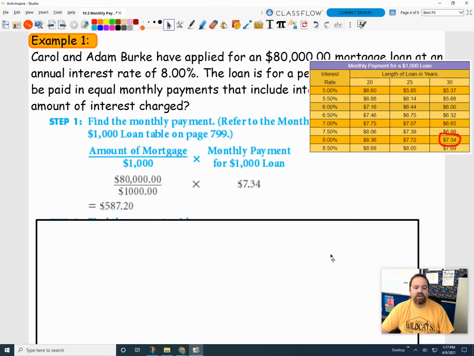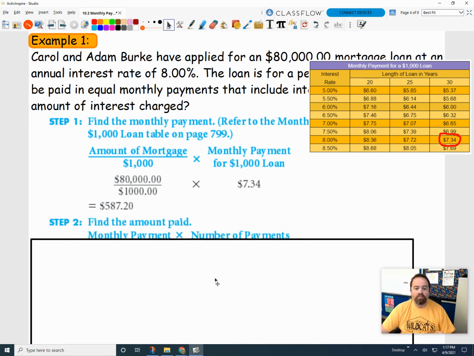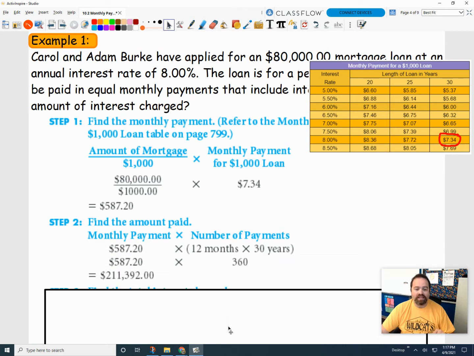That is $587.20. Okay, that's really straightforward. 80,000 divided by 1,000 times whatever it says on the table. It's $587.20. So if they write that check every single month to the bank, once a month for 30 years, they're going to multiply that by 360. 12 months in a year, 30 years. So if I take their monthly payment times how many months they write that check,